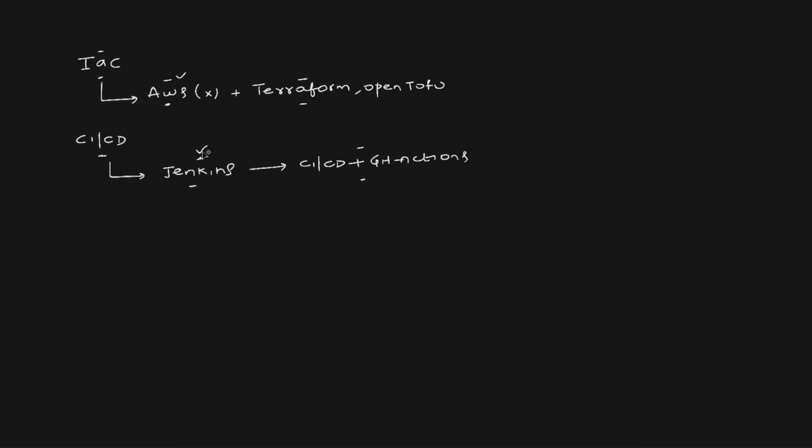But my suggestion is that if you're learning DevOps in 2026, go with better solutions like GitHub Actions. I mean, learn the CI/CD concept and focus on tools like GitHub Actions or GitLab CI pipelines so that it will be a relevant skill in the market. And you will also be able to explain that you recently learned DevOps, or in the last 1 to 2 years you've been working as a DevOps engineer, and this is what you are using. Because most of the time, even if the companies are using Jenkins, they are trying to move to these solutions. Even that will help you in the interviews.